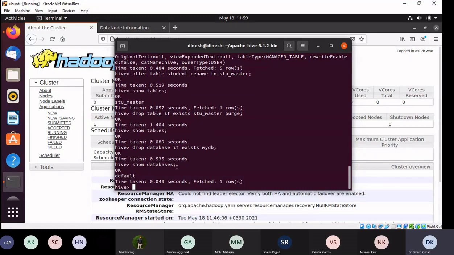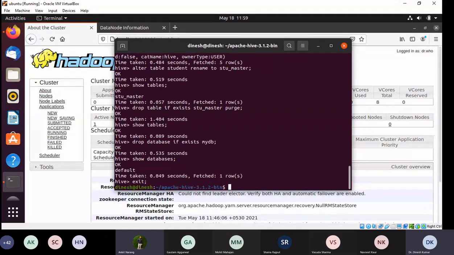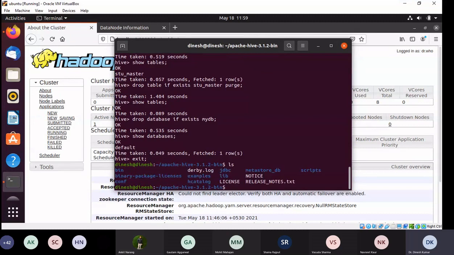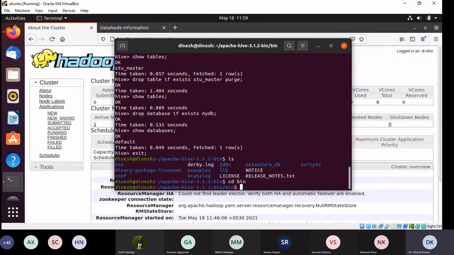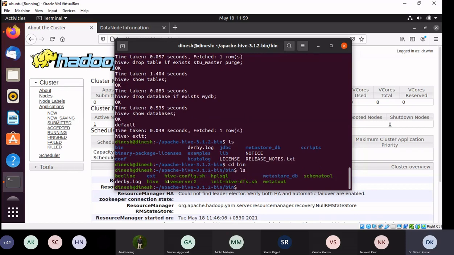Fine. So here, like you can see Hive over here, we can also go into the beeline by HiveServer2. If you remember, in the class I have discussed that there is another service called HiveServer2, for multiple users. That service we can also run. Let me see whether there is a bin folder. I think it is in the bin folder. Yes, now here you can see there is HiveServer2, and beeline also. So by running HiveServer2, we can go into this beeline CLI also, so we can run various commands from here.